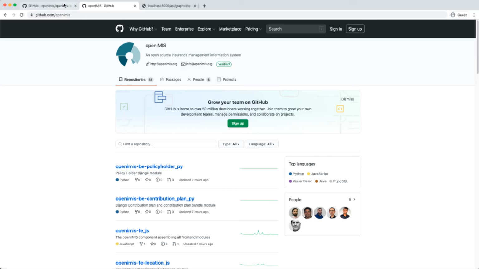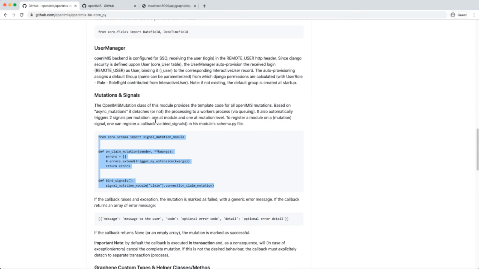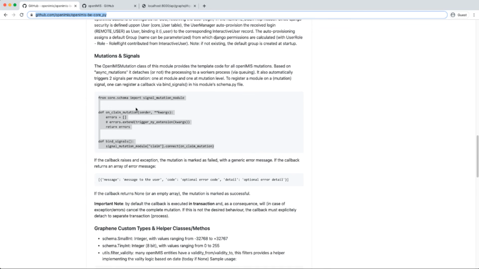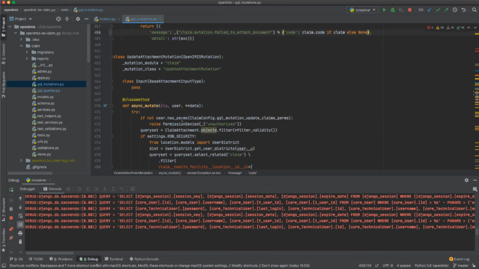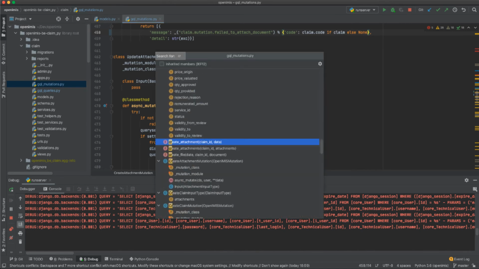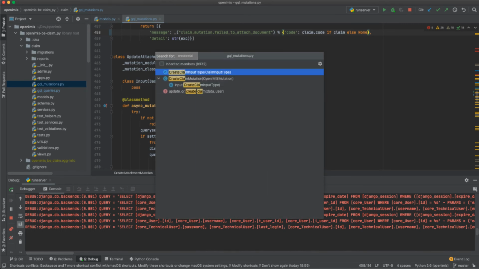In the browser, if you go to the README of the openIMIS core, you can see that there's a section for the mutations and signals. The section explains that there are a few signals that are triggered in the various mutations. So if I go back to the mutations of the claim module, I can check for the create claim attachment